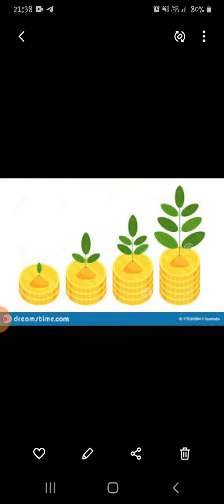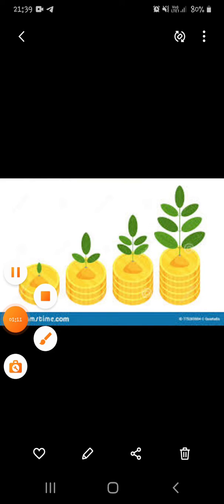Now over here, can you see the leaves? First we have only one, then we have three, then we have five, and then we have 7. Yes, this is how it is going in increasing order. That means from small to big, that is called your increasing order, or you can say ascending order, which goes from small to big.